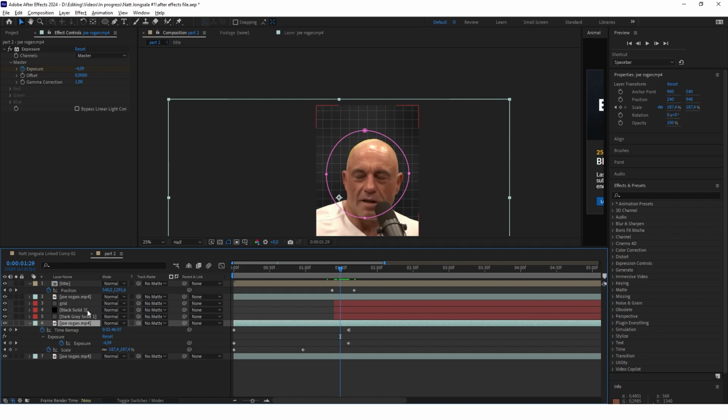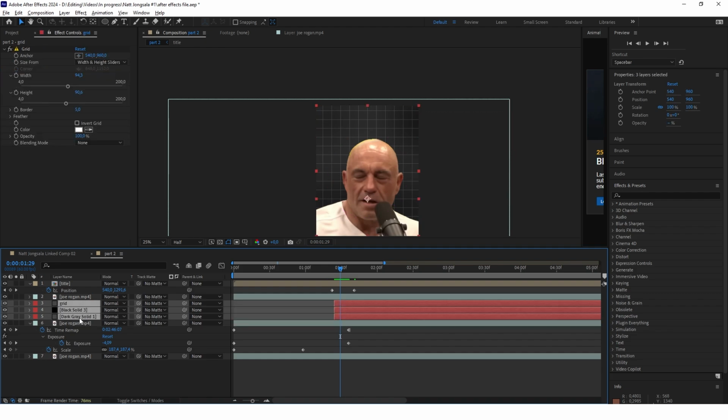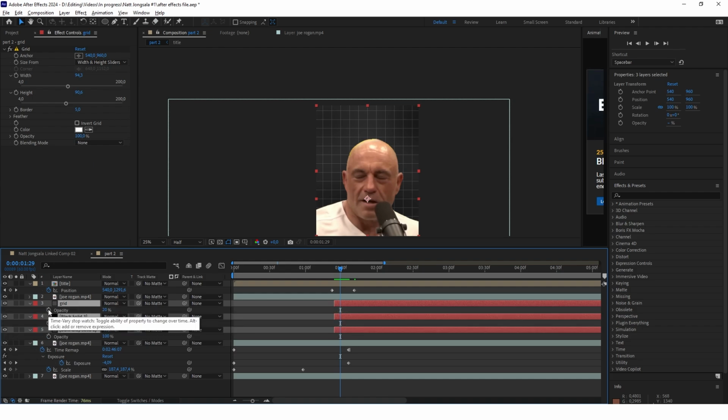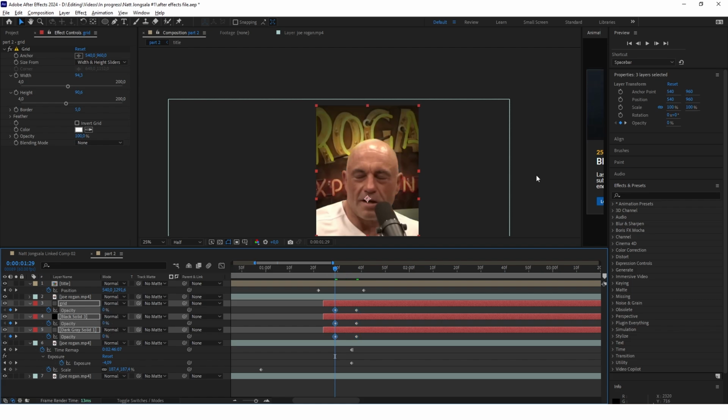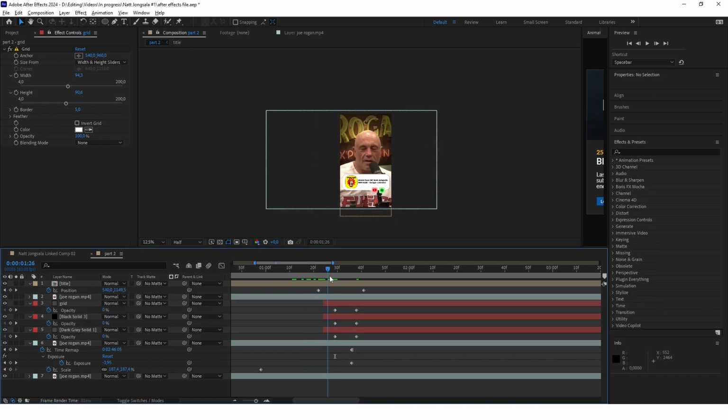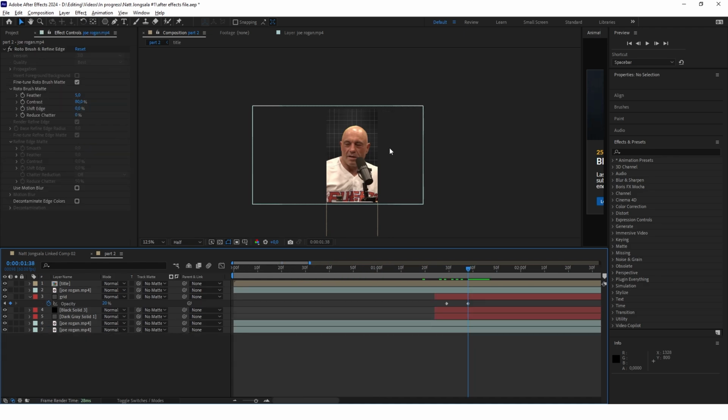Go right here, select all of these three new background layers, click T to open the opacity, keyframe the opacity here, and go to the toggle hold keyframe, or maybe even a little, like 2 frames after that, and keyframe the opacity again. Go to the first set of keyframes and set the opacity to 0, and let's see how it looks right now. Yeah, I think it looks pretty good. So the background is ready, and now we'll create this open head animation.